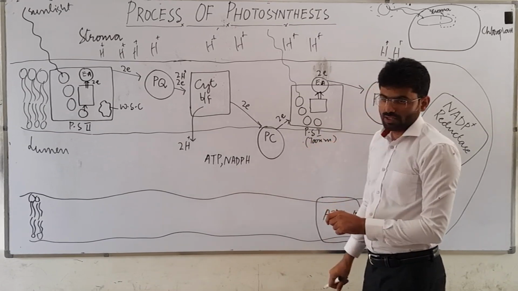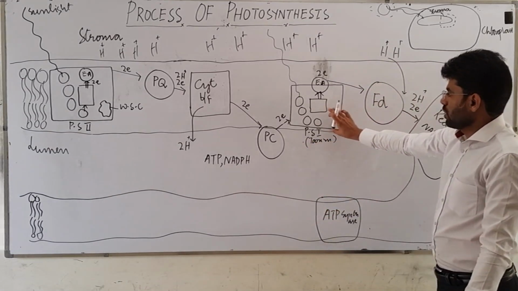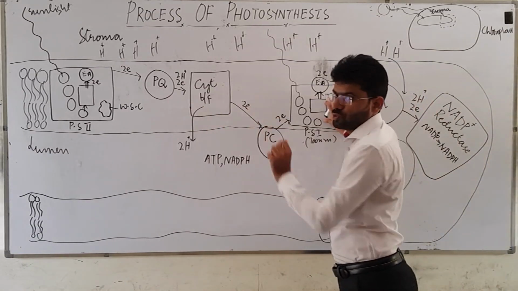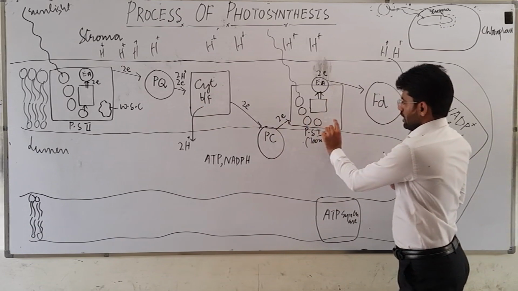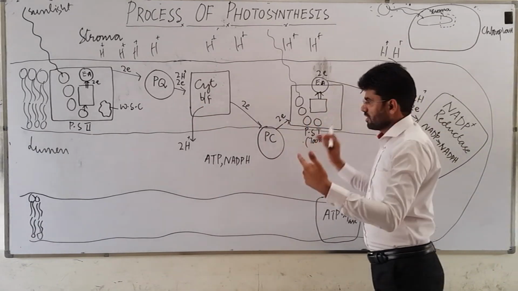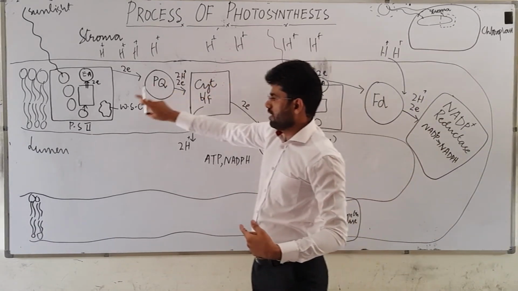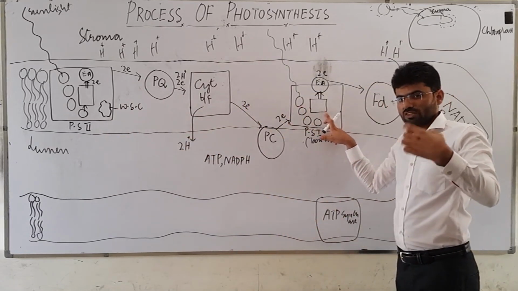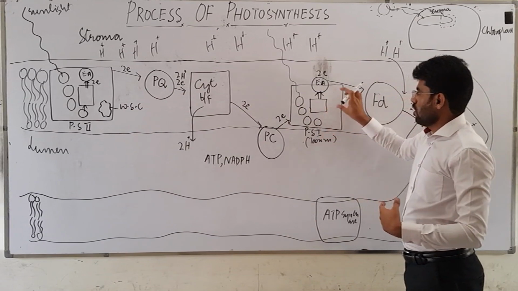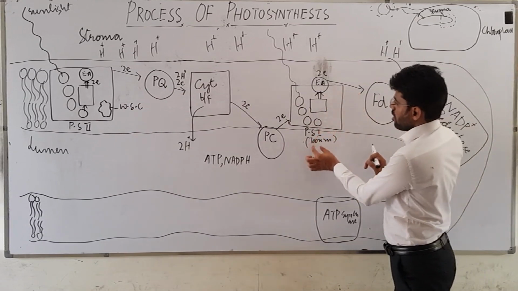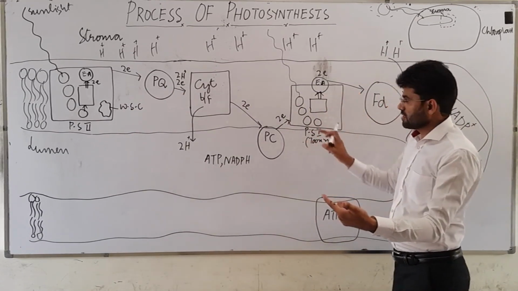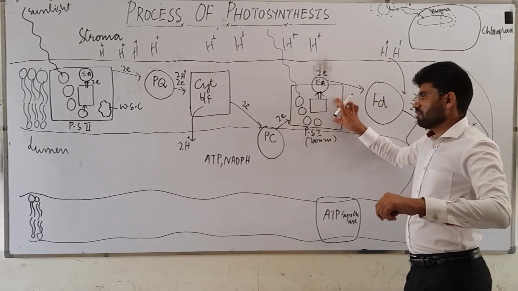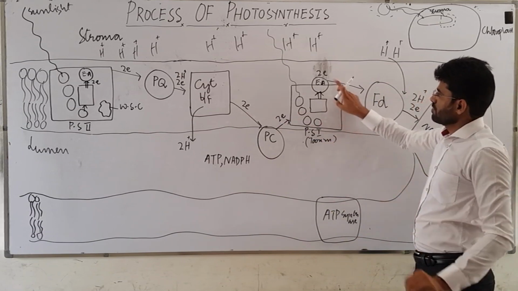This plastocyanin will give the two electrons to this photosystem called PS1, which works on the 700 nanometer wavelength. So the two electrons of PS1 are also lost at the same time when PS2 lost. So the loss of electrons of PS1 is compensated by the electrons of PS2. Now the story of those two electrons which were lost from PS1 starts anew, because these two electrons have now ended with the absorption of electrons into PS1.